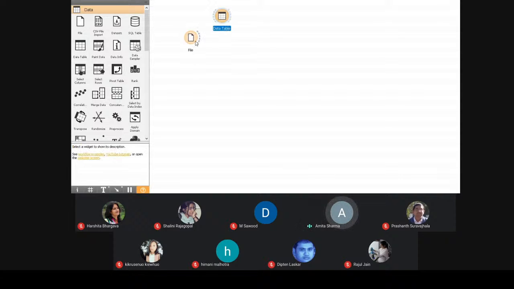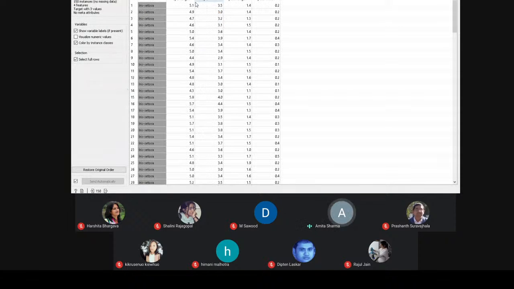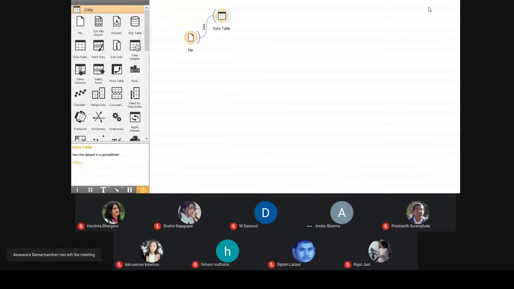Data table is a very interesting option. With this, you can simply view your data in a tabular format. So this is the way you can see it; again the information is the same but it's shown in a tabular format. It also gives you the details of the missing data. If there is any missing data, it will show you here so that you can correct it.